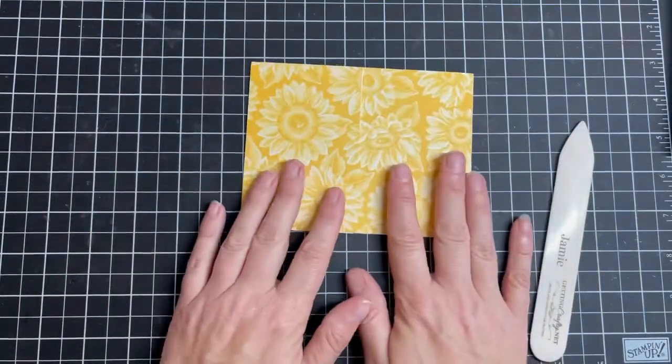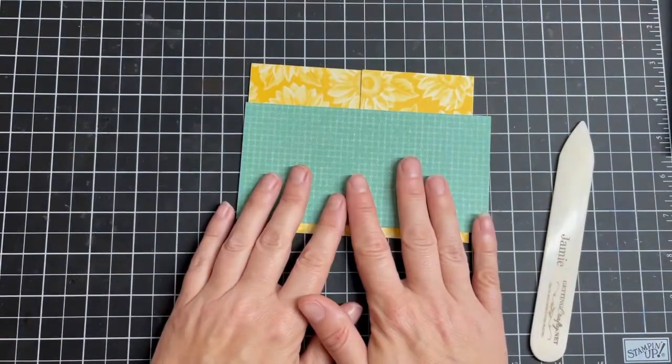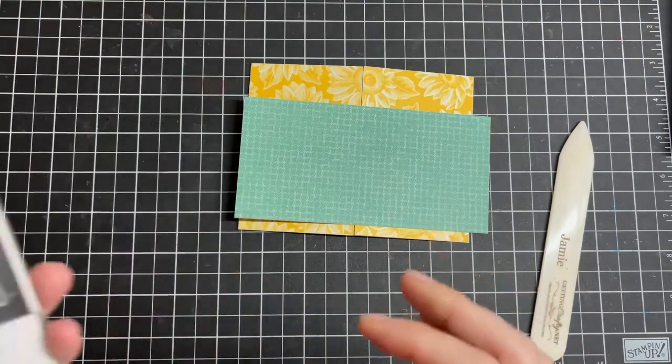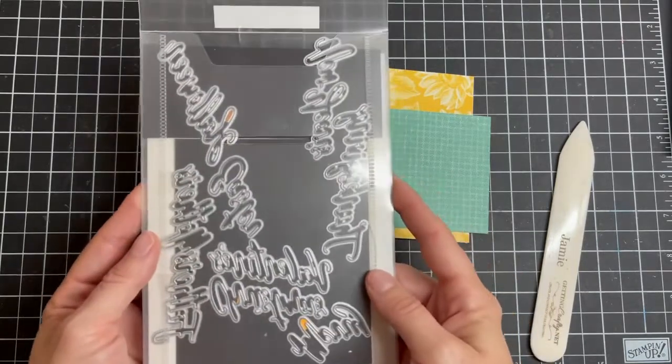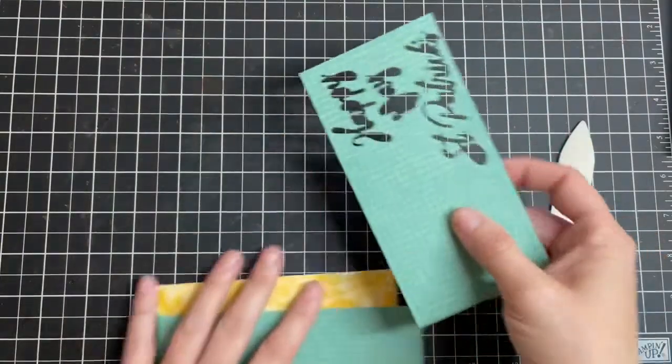So here's this really cute little card. Now we're going to use the same designer series paper in the Just Jade, and we're going to use these great dies. You need these dies in your life. It is called the Word Wishes dies, and it celebrates all of the holidays, you guys, or almost all of them, with great die cuts. So we're going to use, as you can see here,